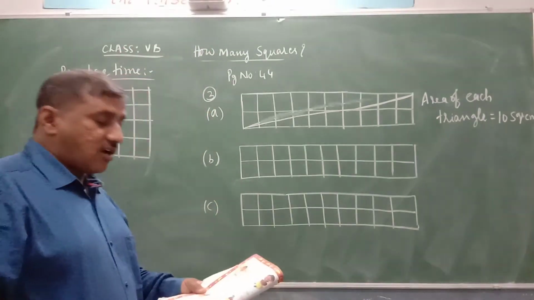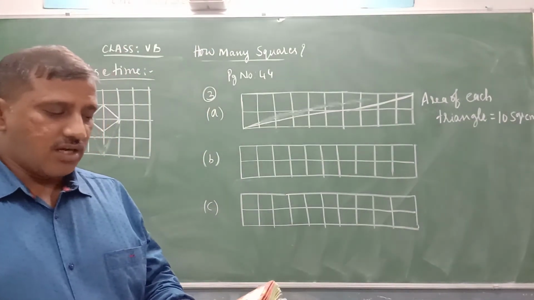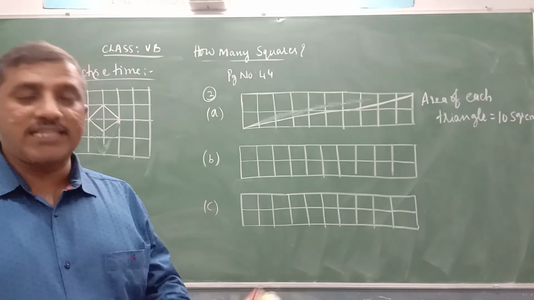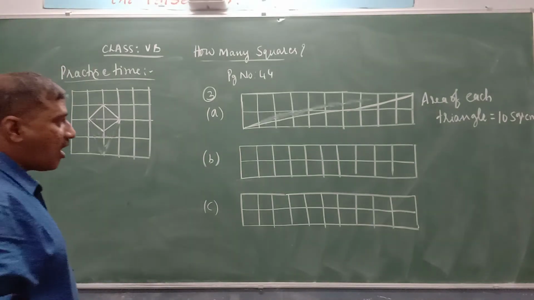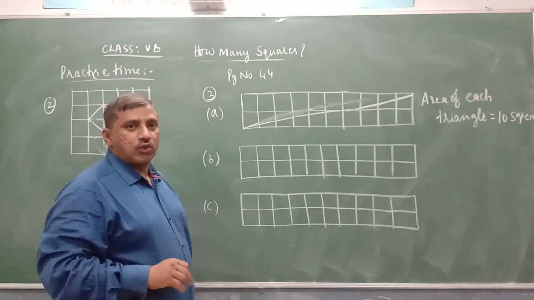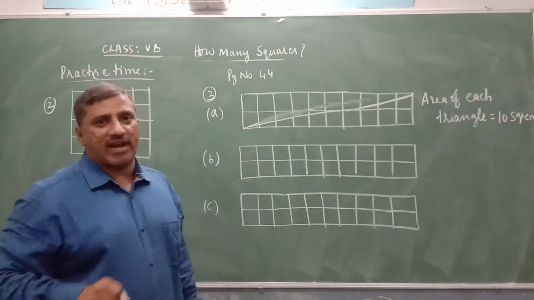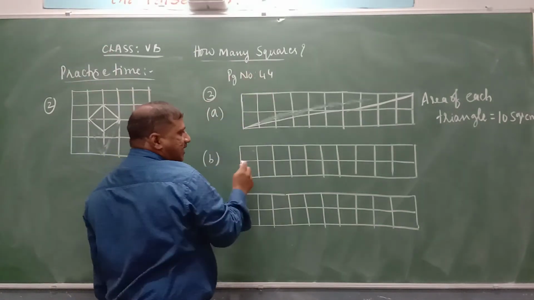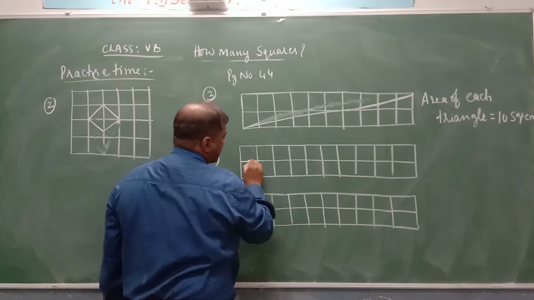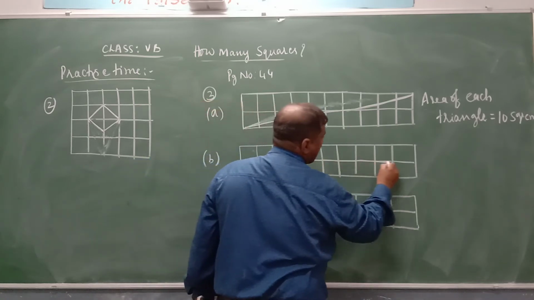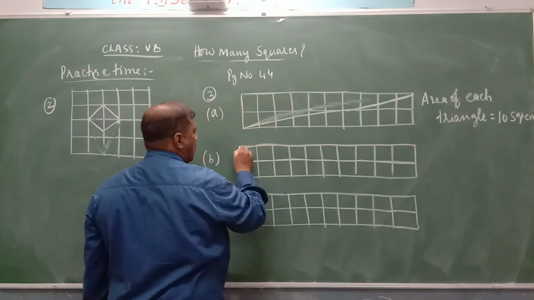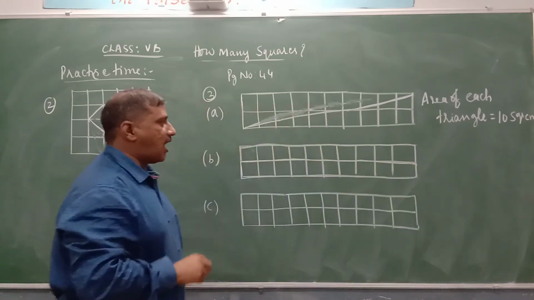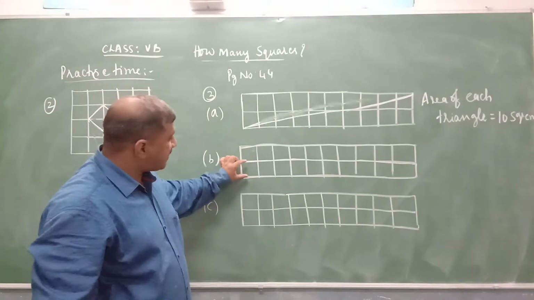Now question B is there. Draw one straight line in this rectangle to divide it into two equal rectangles. What is the area of each of the smaller rectangles? Yes, we can do this in two ways. This is by drawing this straight line horizontally. So now the big rectangle is divided into two small rectangles. Yes, this is one rectangle and this is the other rectangle.